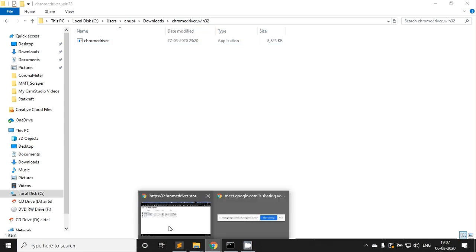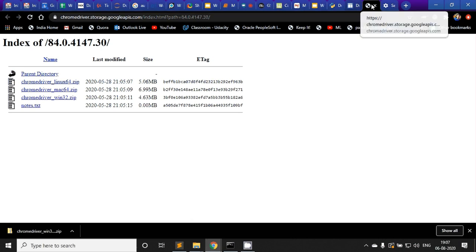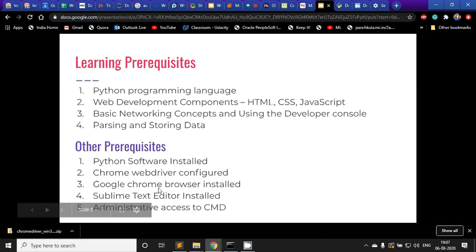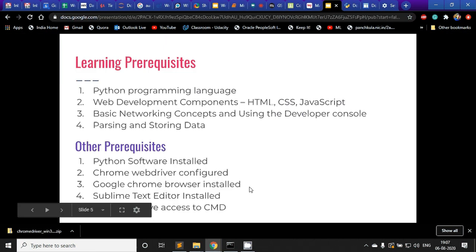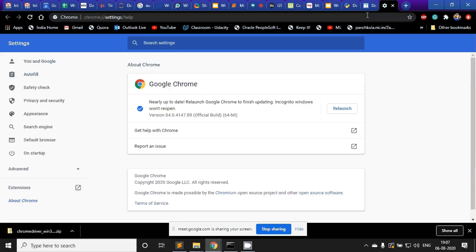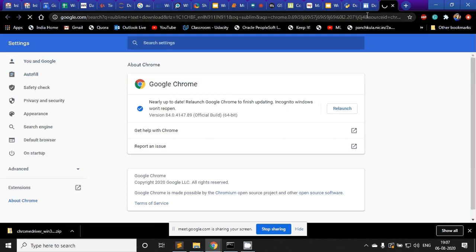After this, the browser we have installed. Fourth is Sublime Text Editor. It is a simple text editor like this one. How we can install it is we can simply search for Sublime Text Download. We will go through all of these steps later after you have got your administrative accesses.